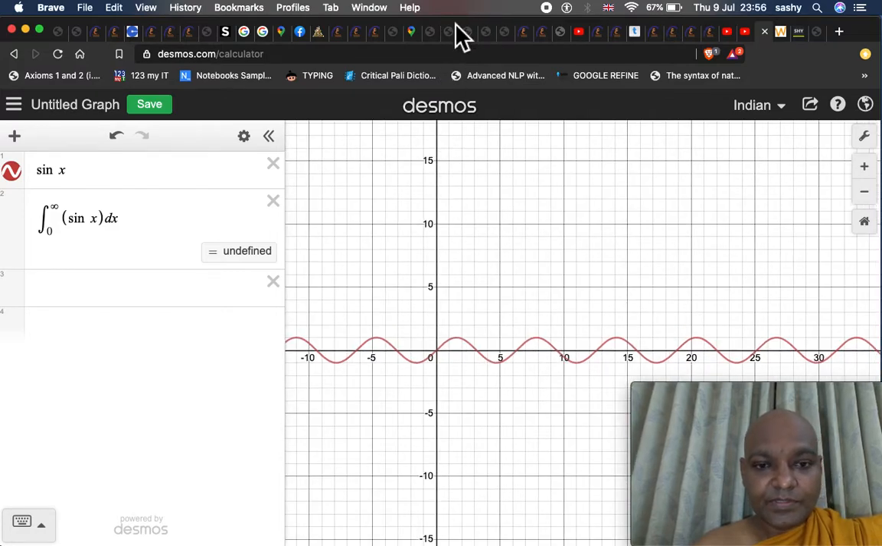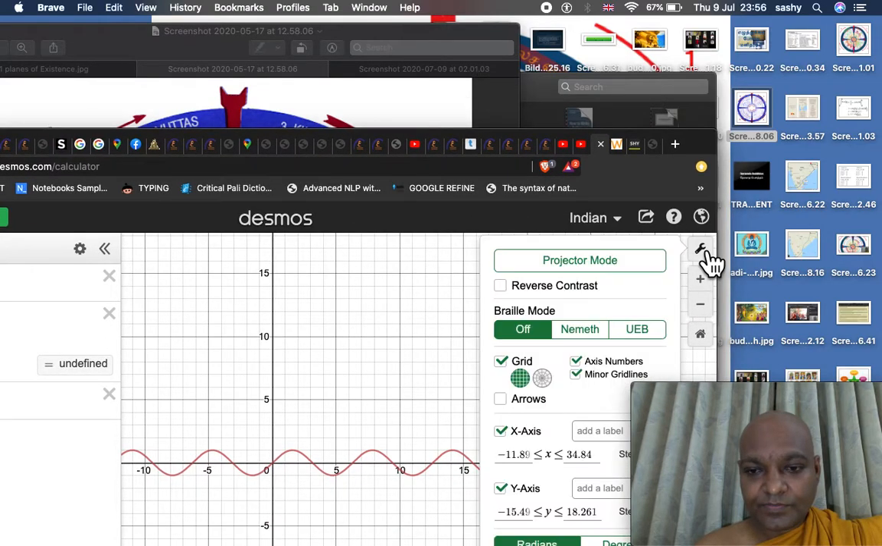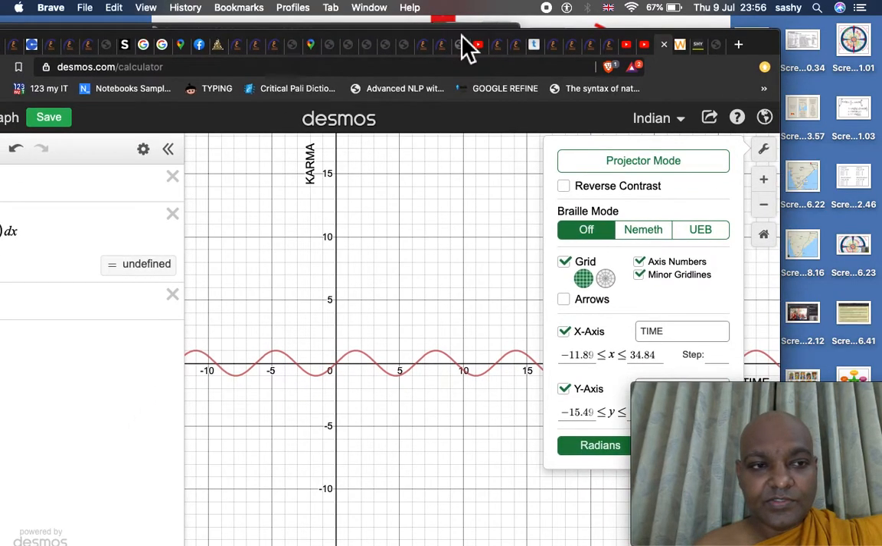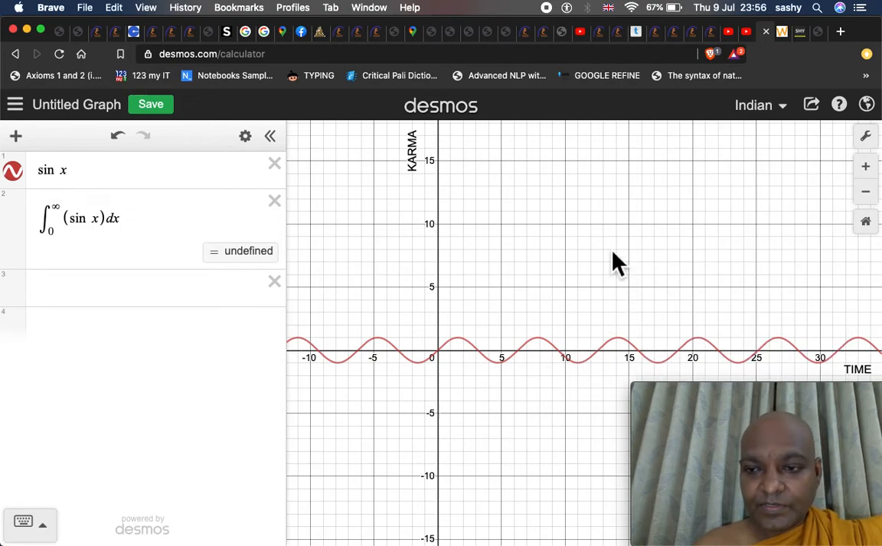All right, so here, just give me a minute. What I have done is, the x-axis is the time, and the y-axis is the karma. Okay, so now we can see that time goes to infinity, and the karma up is the positive karma, and down is the negative karma. The positive karma and the negative karma alternate all the time, until you are able to become a sotapanna, for example, the first level of liberation in the Theravada